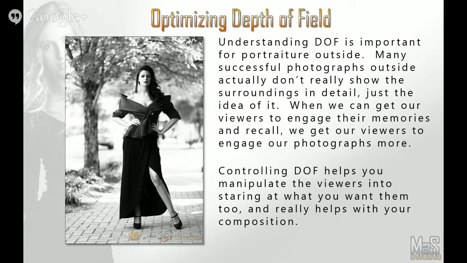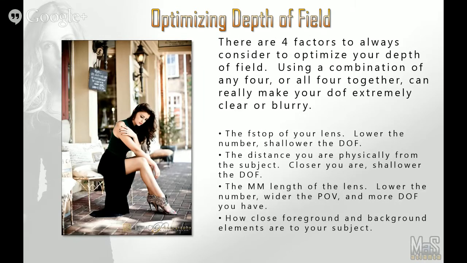So guys, concerning depth of field, there are 4 factors to always consider to optimize your depth of field. You want to know these hands-on, and you want to keep on practicing. Using the combination of all 4, you can make the depth of field really in-depth and detailed, or you can make it extremely blurry. If you combine all 4 together, you can get really shallow depth of field. Or you can just mess with 2 of them and not the other 2, and it's just not going to be as much manipulation. Or you can do all 4 and get the other side, extremely deep depth